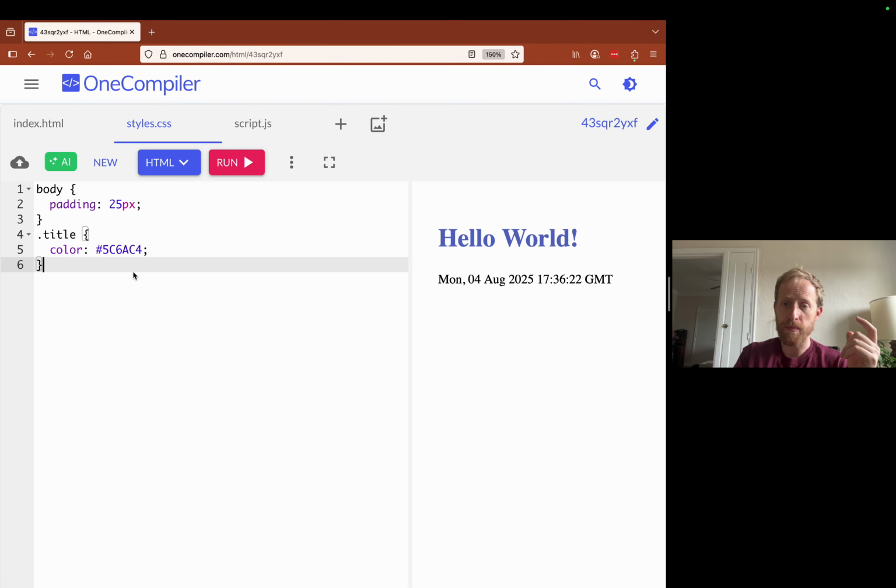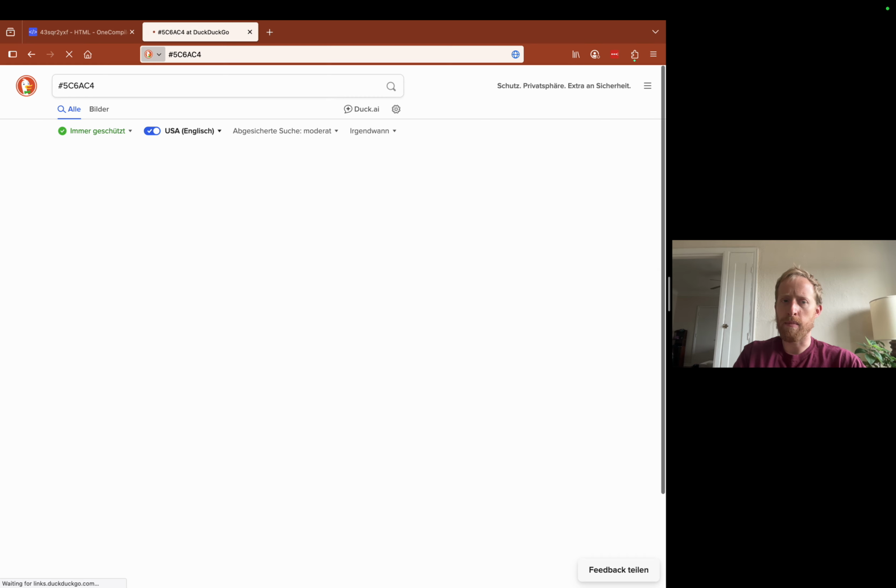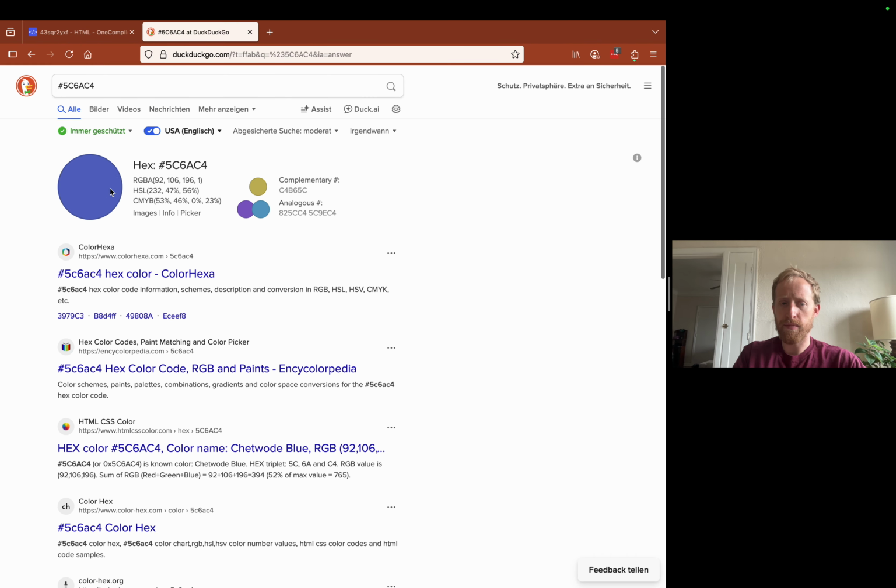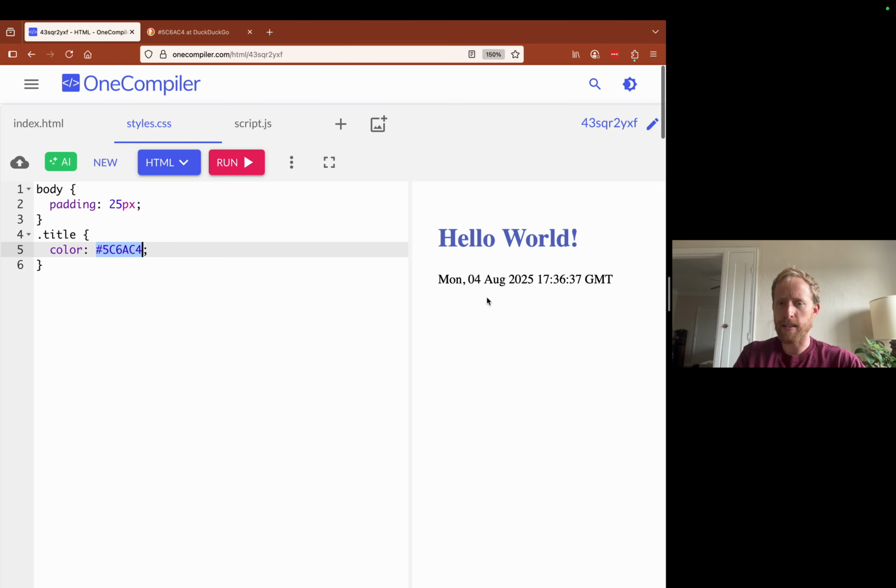For example, here we see the title should have a color of this crazy number, which is actually a hexadecimal. If you just Google this hexadecimal, you should see the color right away. So this number corresponds to this color right here. And if you don't want to learn about hexadecimals yet, you can just plug in different